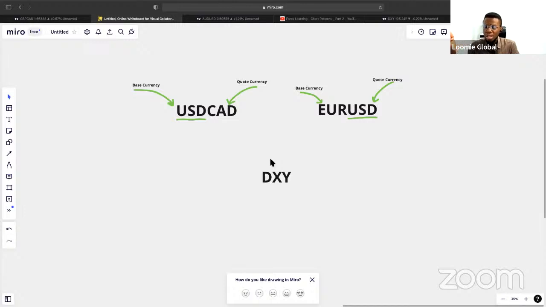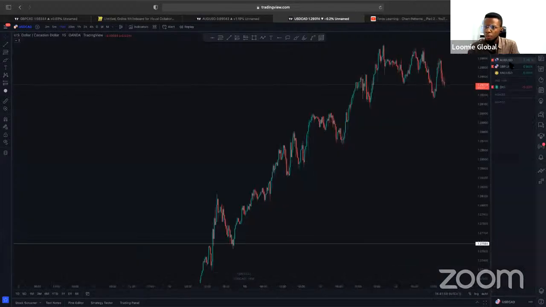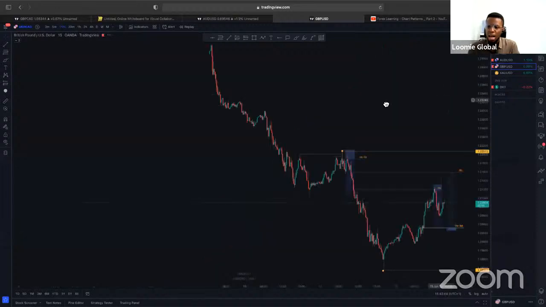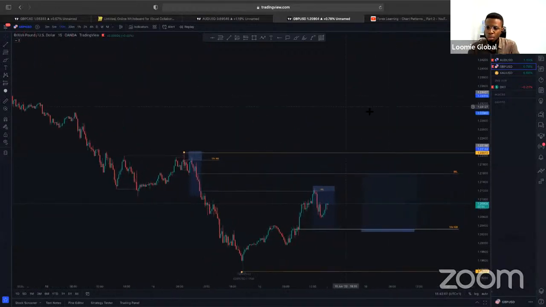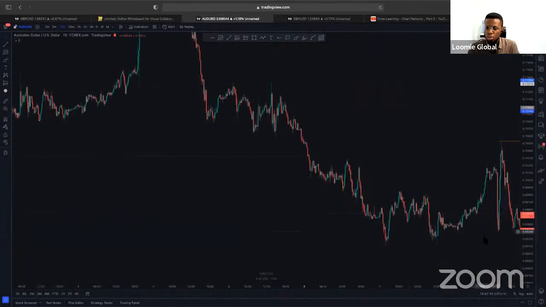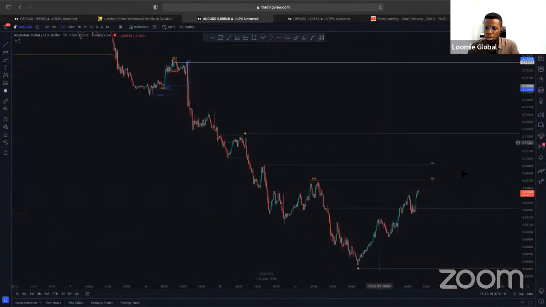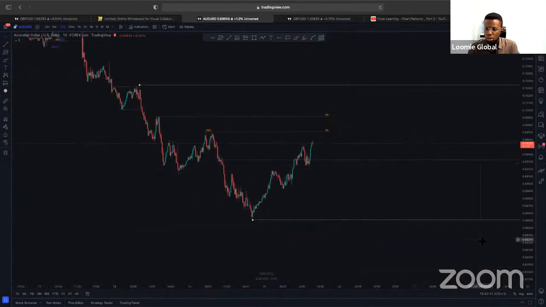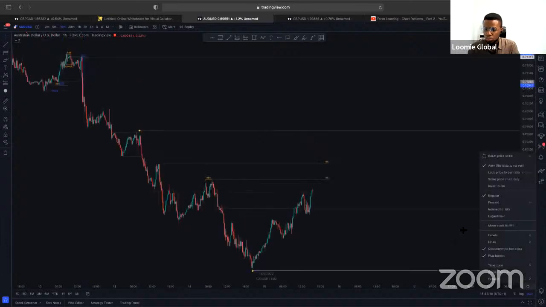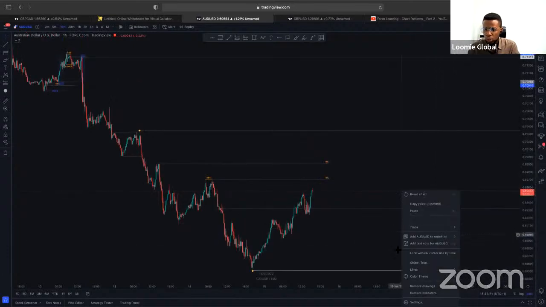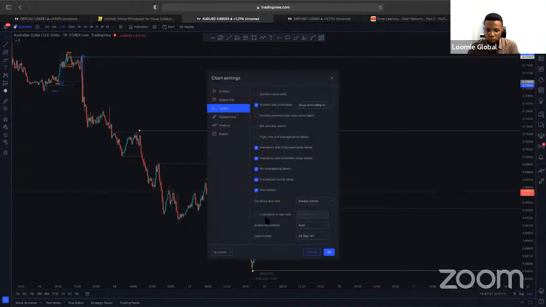And so if we go to the chart and check, you will realize that when AUD USD is trending upward, you can expect that GBP USD will be trending upward. Should we check it? Let us check it. That becomes funny because I have both of them on my favorite list. So let me go to the current. So look at this now. This is AUD USD, this one. In fact, let me put the watermark. Where is that setting? So you can be seeing the currency in the background.